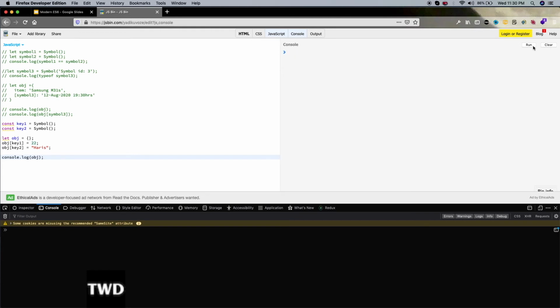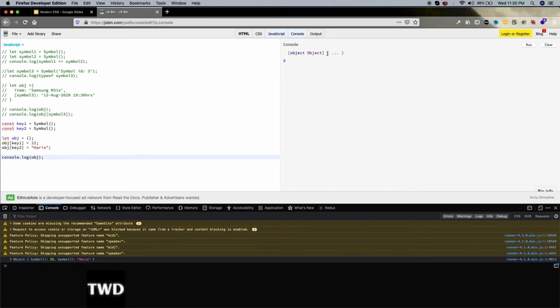Let me clear it and run it. By default it will not show anything, as we have seen before, but here the object is there, and both of the keys are symbols. So this is the use of symbol.